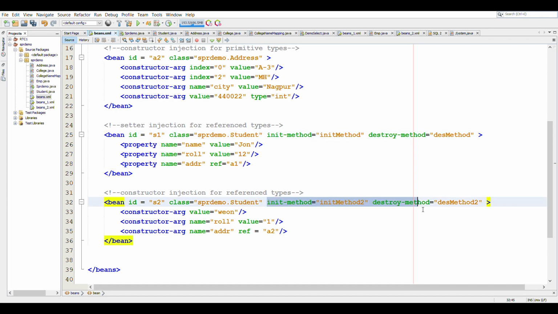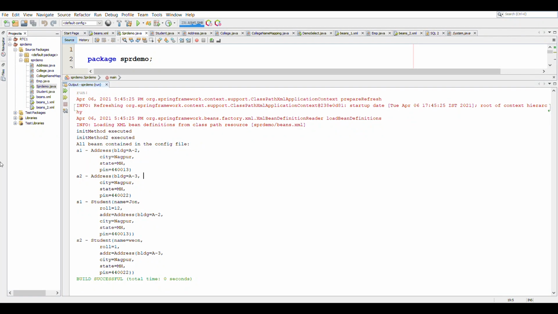And for S2, we have specified init method 2 and test method 2 to be the init and destroy method respectively. When we run this code, as seen in the output, the init methods have been executed and then the beans have been displayed. But the destroy method, the output is not seen here because the beans have not been removed yet.